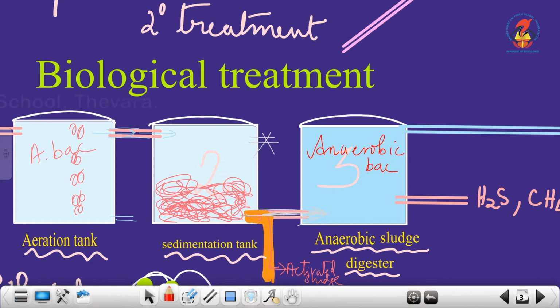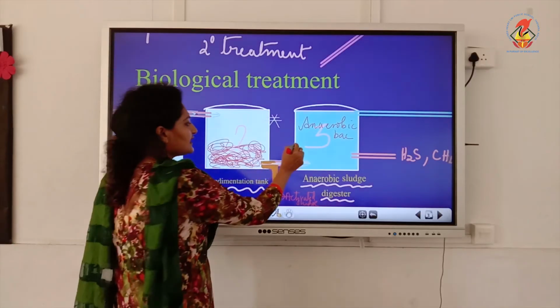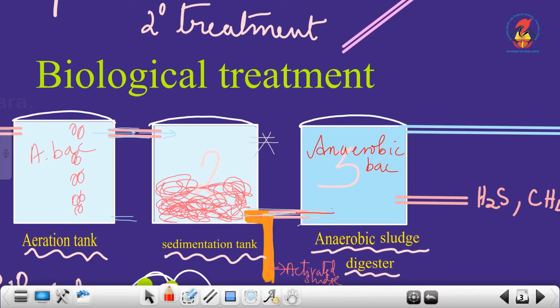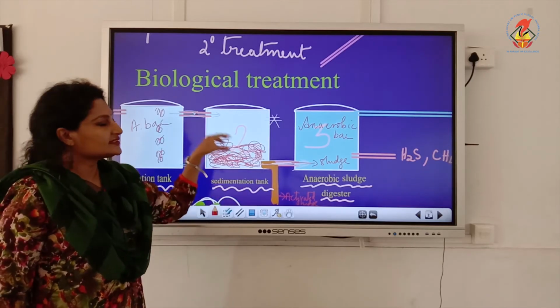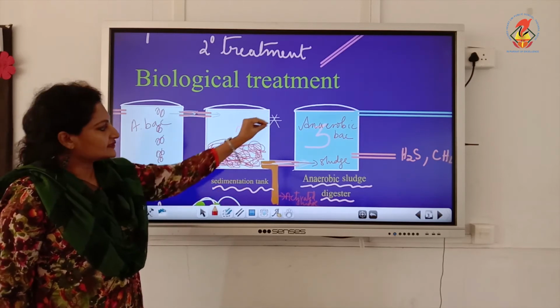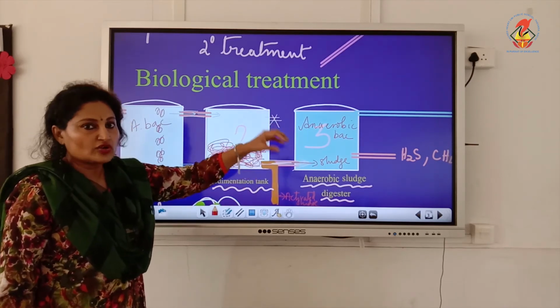And this anaerobic bacteria digests the sludge. The action here is to digest the sludge which comes from the previous tank. It digests the sludge, so it gets its name. So it's very easy. You can understand what happens in the last tank from the name of the tank, anaerobic sludge digester. So the sludge that is taken from the previous tank is dumped into this tank, and anaerobic bacteria